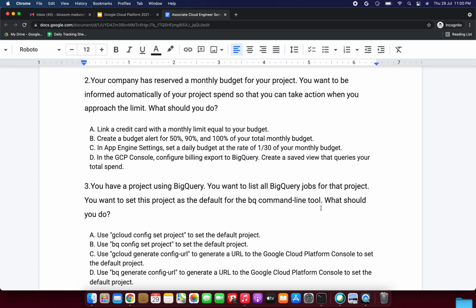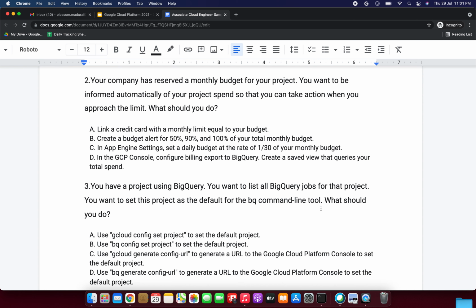Option C, in the App Engine settings, set a daily budget at the rate of 1 out of 30 of your monthly budget. Option D, in the GCP console, configure billing export to BigQuery. Create a saved view that queries your total spend. So which could be the answer? Okay, we'll see the explanation.